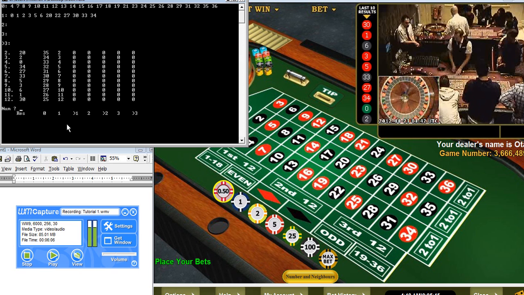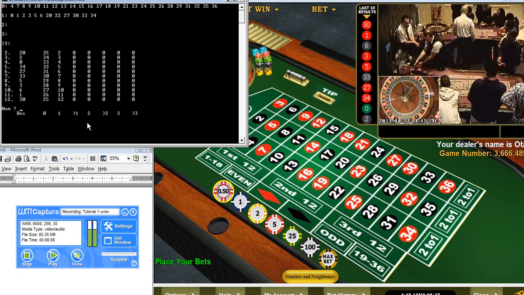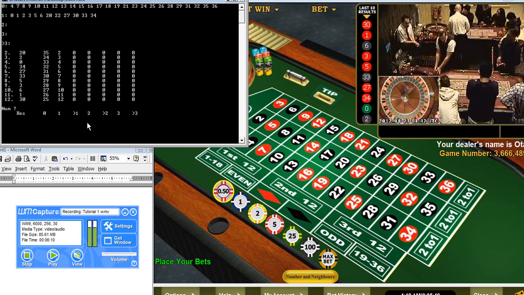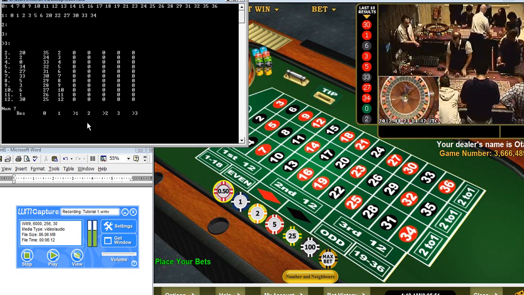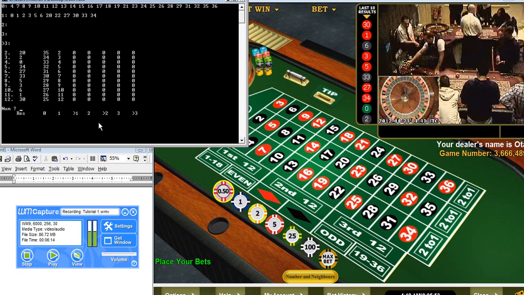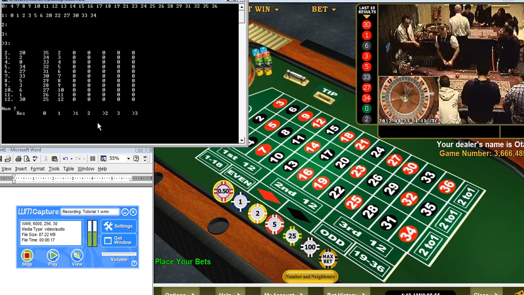Sometimes that's hard to do because you may have to bet a total of 20 numbers. And sometimes you bet 20 numbers and you just flat lose. And it's disgusting, but it happens. So